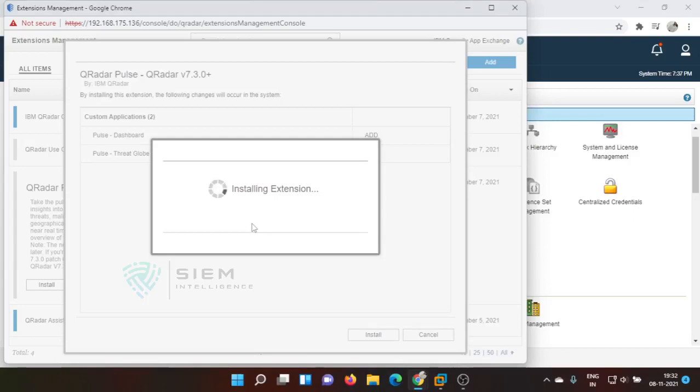See, this is one of the major applications, that's why it is taking so much time to install. This is the thread globe, where you are able to see how source IP is attacking destination IP in a globe structure, which country is trying to attack your area, and so on.